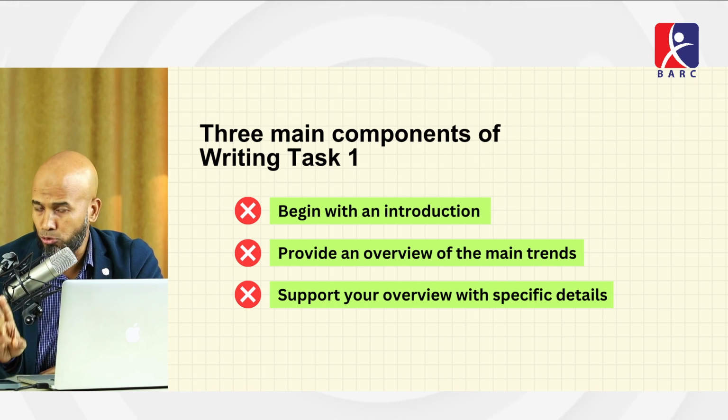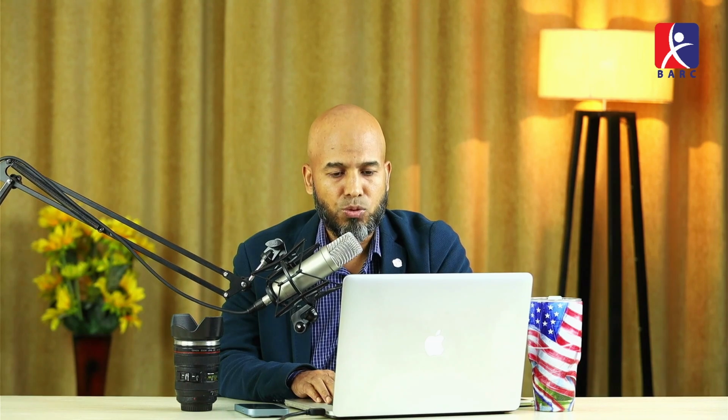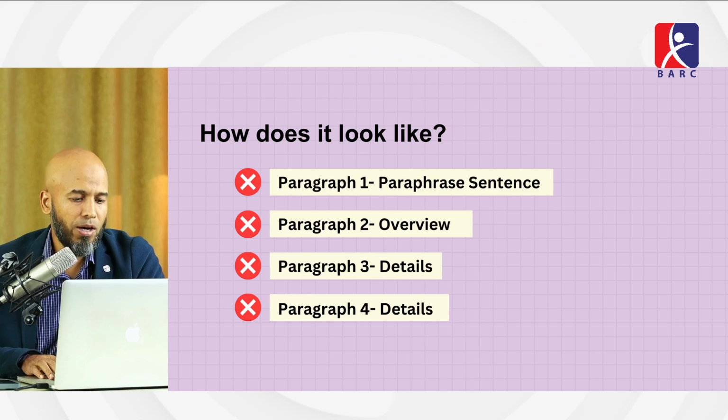So these are the 3 main components for your writing task 1, and you need to always keep in your mind that these are the 3 main components that you need to put into your writing task 1. So how does it look? Let's see them. If you're going to put them in your writing, how does it look? So paragraph 1 basically